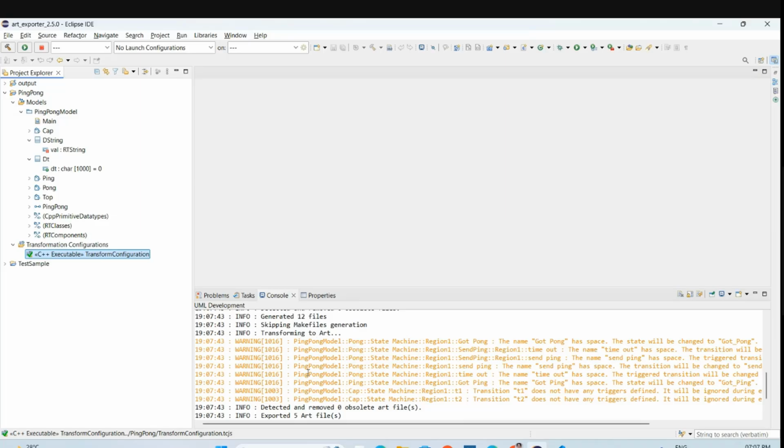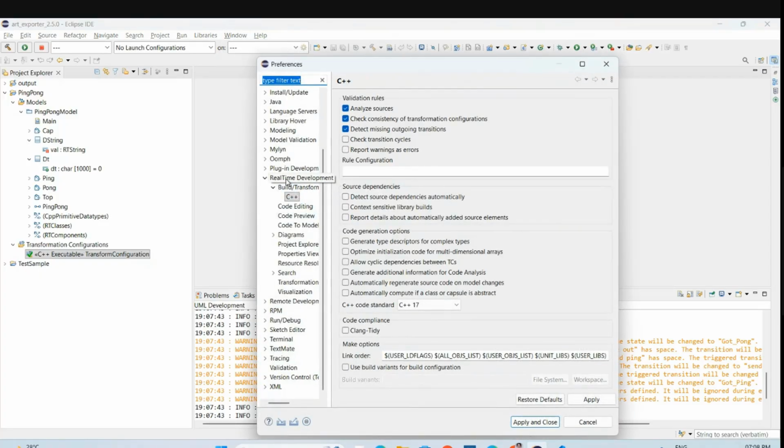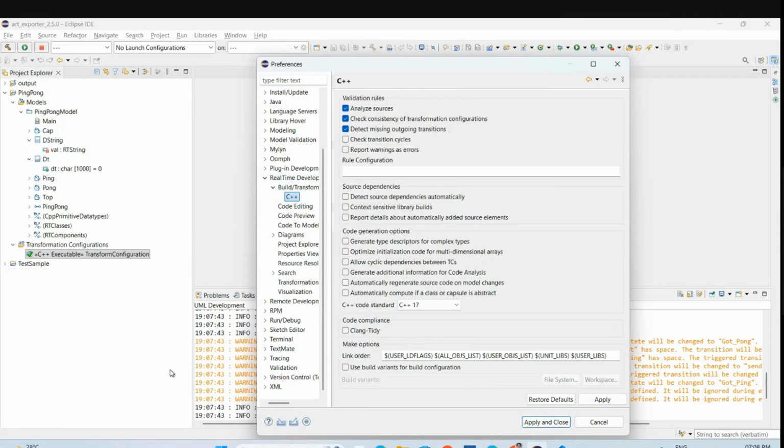Say some warnings are already analyzed and they're no longer significant for us, so we can disable such warnings now. There is an ID associated with each of the warnings. The Art Exporter related warnings start with the 1000 series. And if I want to disable the warning with ID 1016, we can do it via Window Preferences. So under Real-Time Development, Build Transformations, C++, in the rule configuration text field, if we wish to disable that